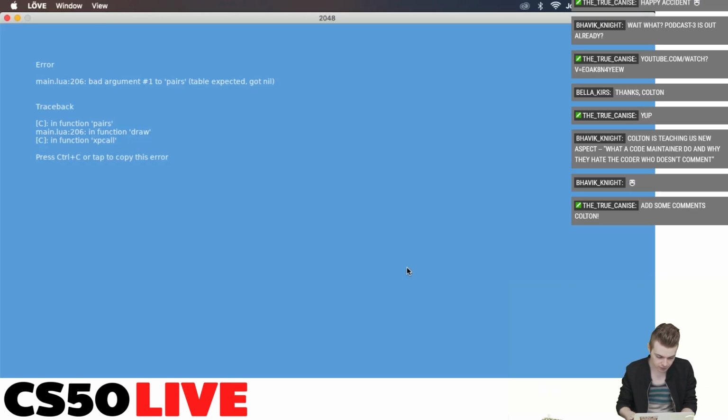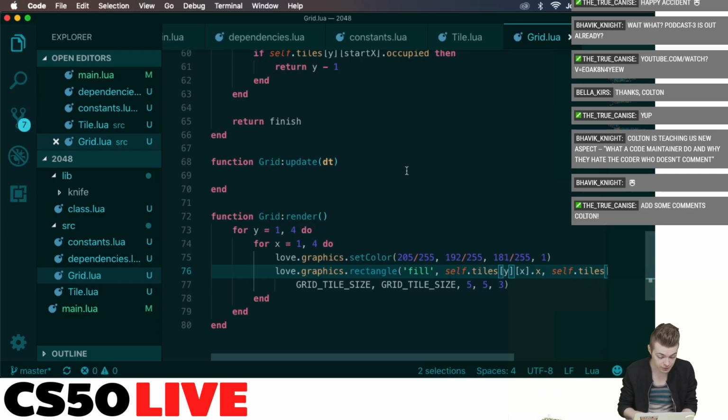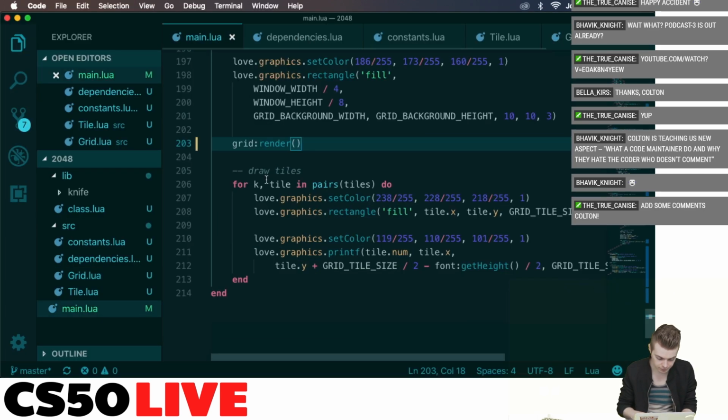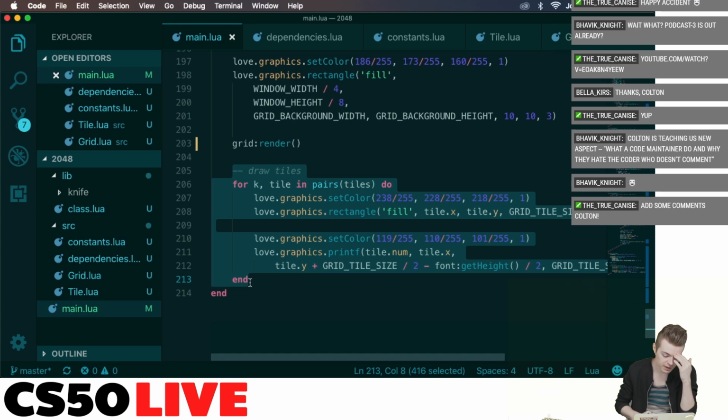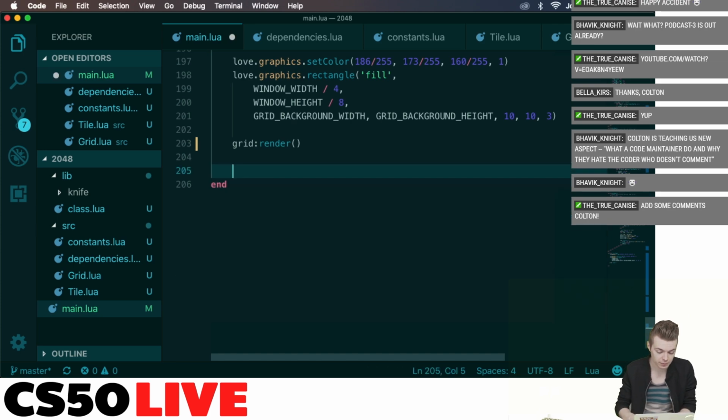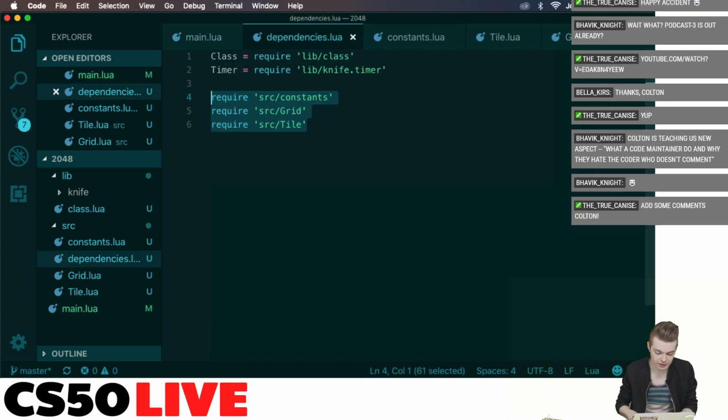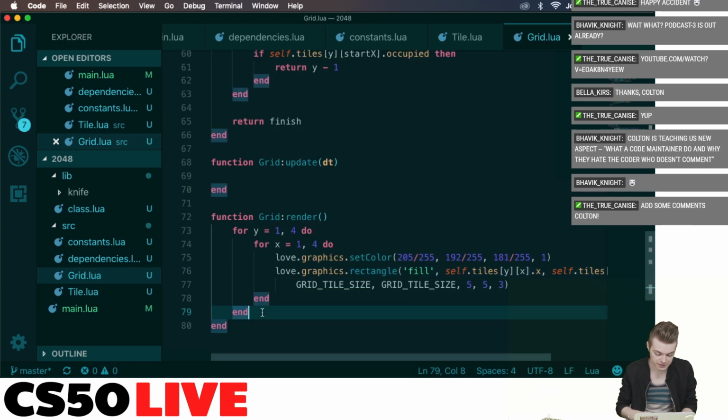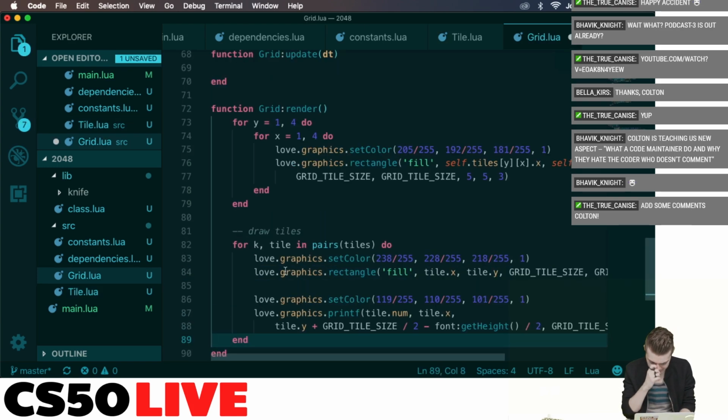And does that work? OK, 206 now to pairs. OK, here we go. Oh, tiles doesn't exist anymore. Oh, right. Yeah, we actually don't need this. This will be in grid 2. Wow, look at how clean that is now. So we're going to put this down right here. And we no longer have a grid of tiles, which means